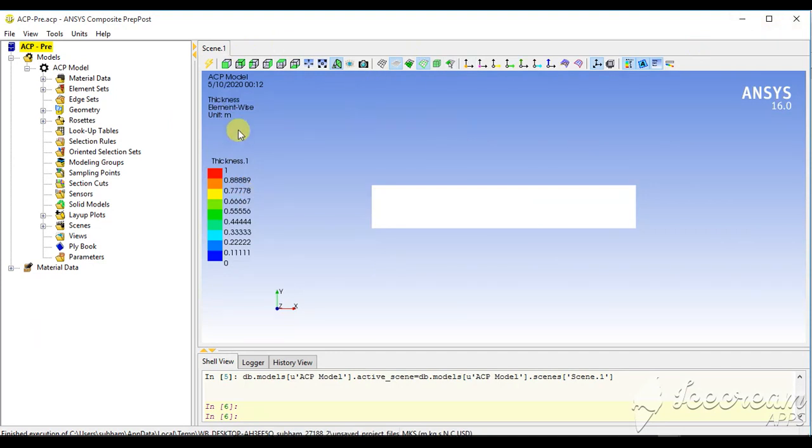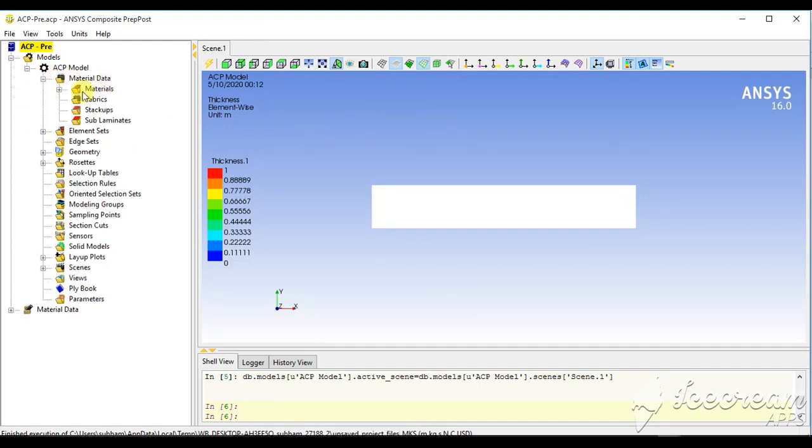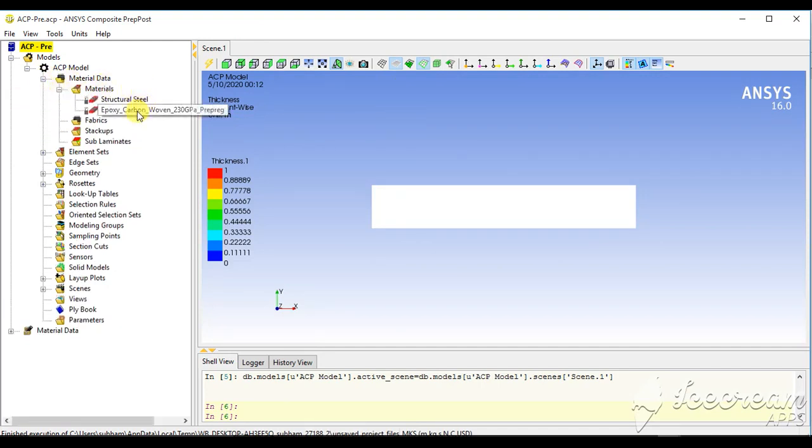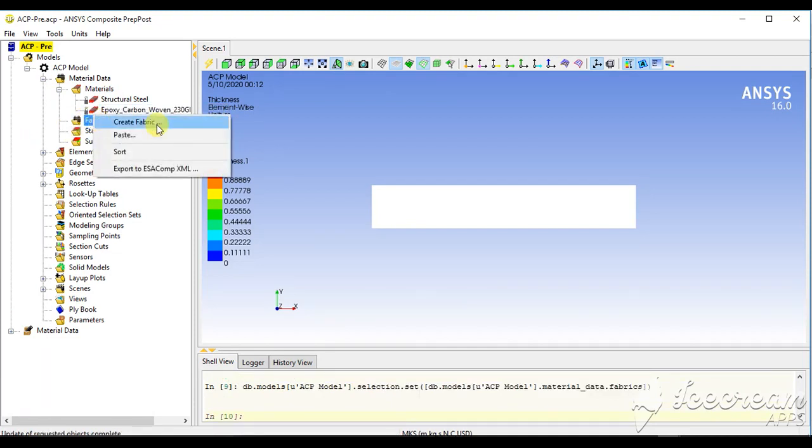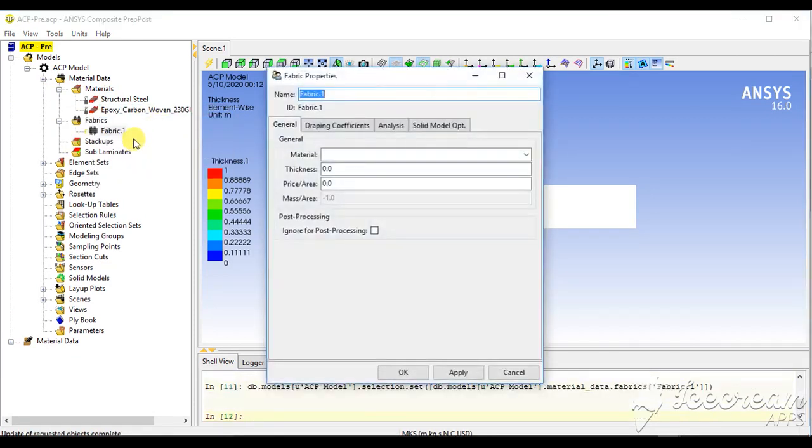Now we can go for the settings for the layer. The first thing is the material data. We have earlier selected the epoxy carbon woven, so just click on it and update. Now we will go for fabric, create fabric. We will name it carbon epoxy.